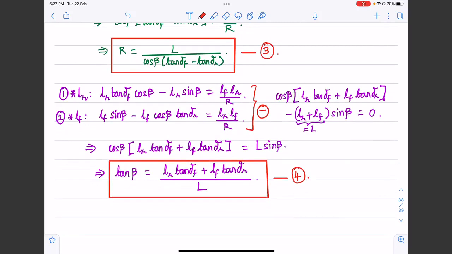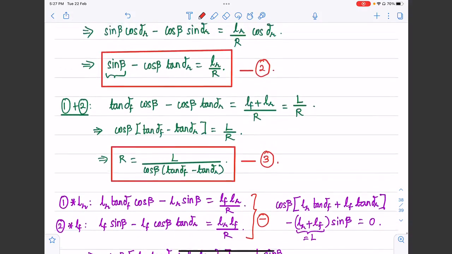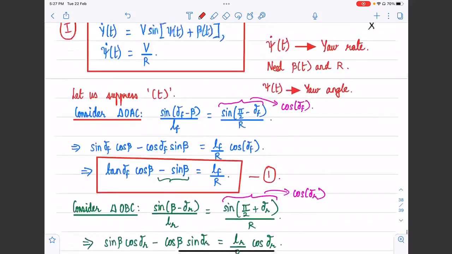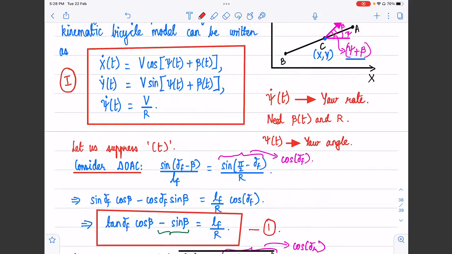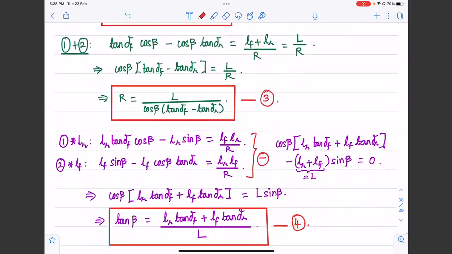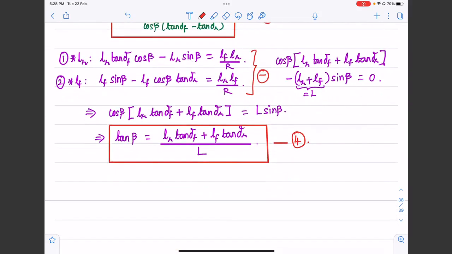Once we get beta at every instant of time, we can substitute and get R, which is the radius of the turn. And once we get beta and R, we can go back and solve equation number 1, Roman numeral 1. So if I were to simulate this kinematic bicycle model, we solve the set Roman numeral 1 along with equations 3 and 4, numerically, to essentially simulate the